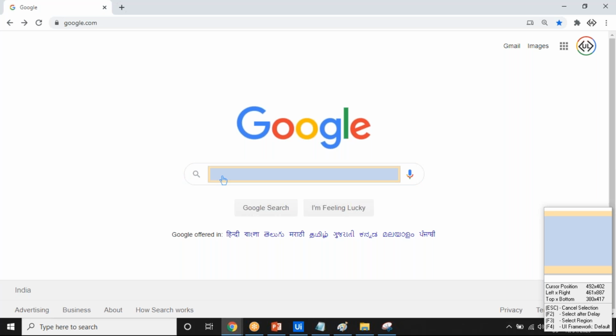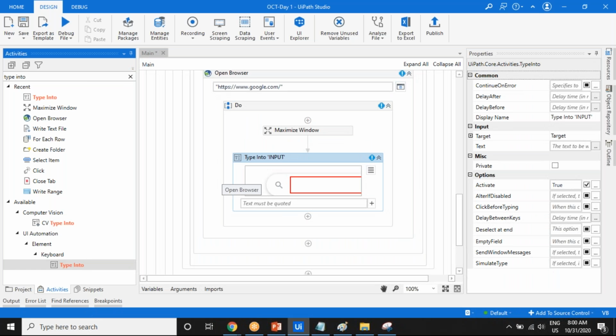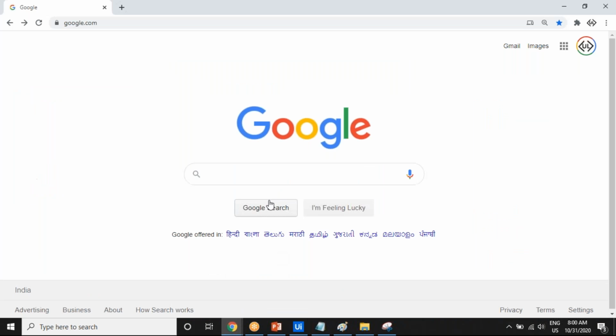So that's why I'm just clicking this one. Well, we have to tell the robot what to type. So this text we have to type, right? We just indicated the text box where to type, and the next thing is what to type. Here, what to type, so what we typed,